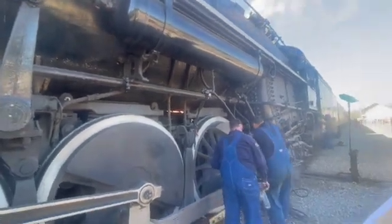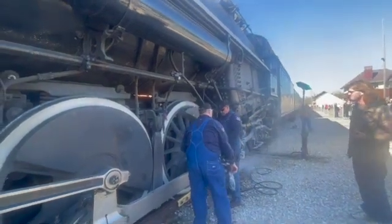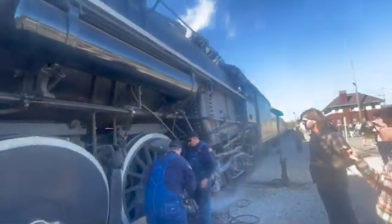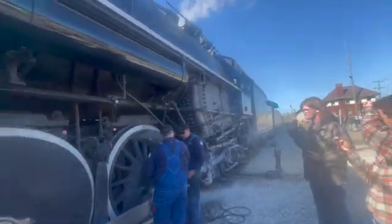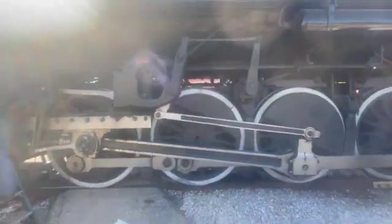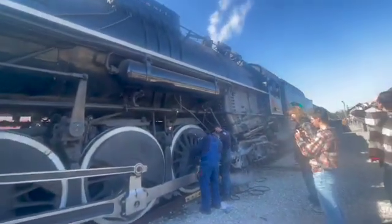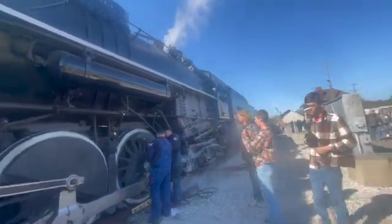Also, I got a photo run coming up, the first trip, so I will definitely keep you guys updated on that. After everything else that goes down and all, I was looking at everything that's done on this locomotive, all the hard work that gets put into maintaining it and everything else. Well, they do quite a good job with it too. And to be fair,